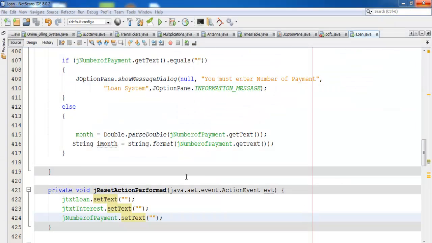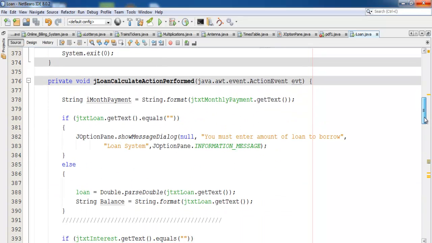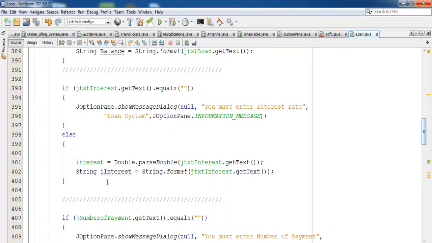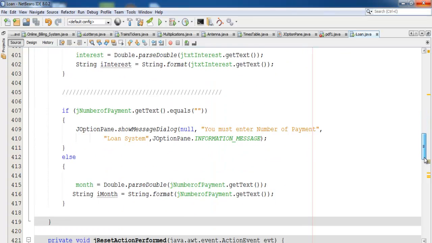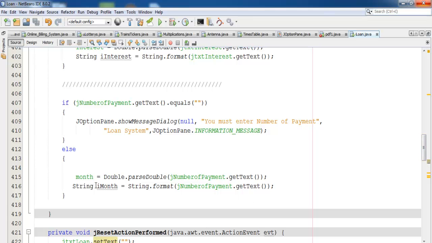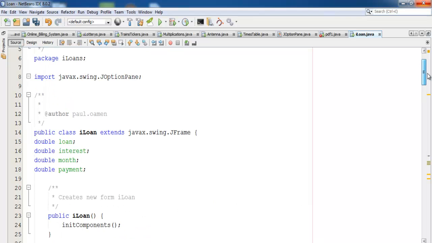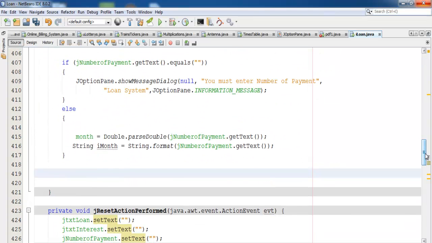Exit is working too. Now, what is left for us now is to take care of the calculations, the first part of it, all of the calculation in here. This one, the loan, the money goes in there, and whatever you enter goes inside the interest, and whatever you enter in here, the month of payment goes in here. Okay, now we need the final calculation. Let's see, there was payment, so that will be payment